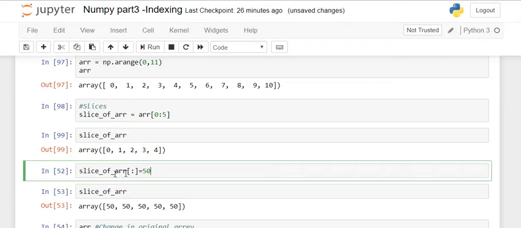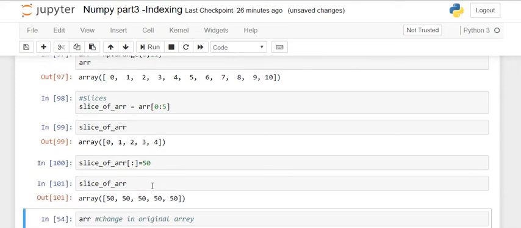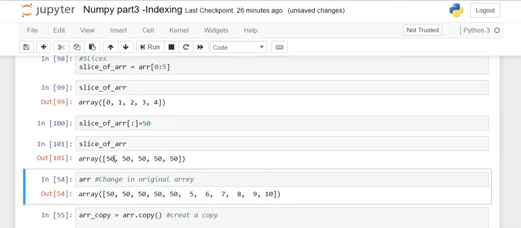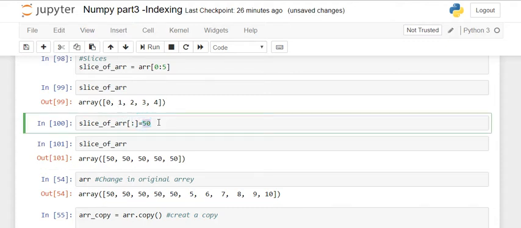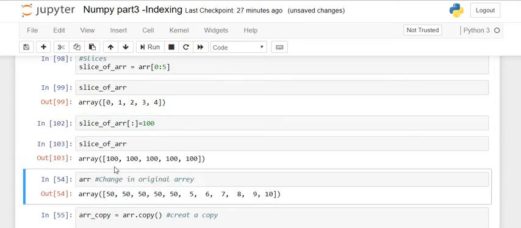So the moment I'm putting slice of array and then 50, I'm changing everything to 50. I run this and I recall slice of array, a variable. I'm getting all these: 5 1 2 3 4 5 50. Let's say you want to change all the slice of array, all 50, to 100 or 99. You can run this, and then when you recall this, all the values in this array will change